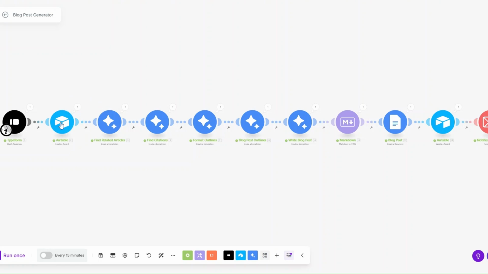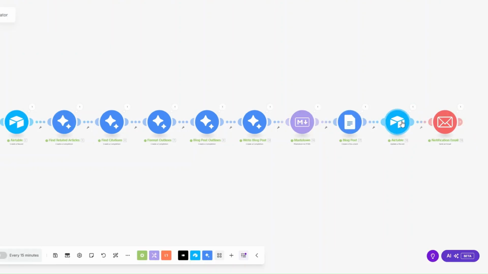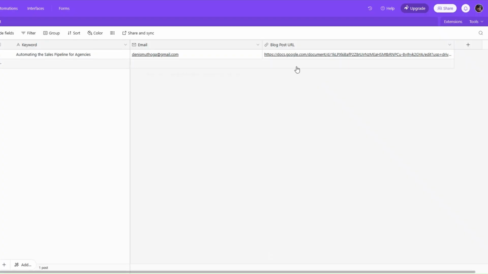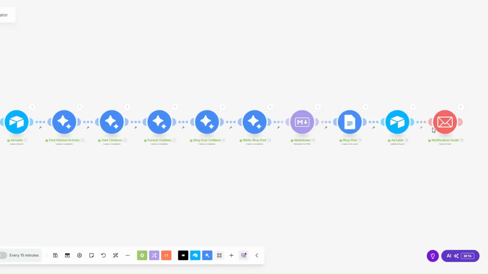After we've added our keyword and our email address on Airtable, we're going to find high ranking articles related to the keyword. We're also going to find citations related to the keyword, and then we're going to format an outline of our blog post, and then we're going to go ahead and generate our blog post in markdown format. So here we're going to convert it from markdown to HTML, and then add the blog post to a Google Docs file. Here we're going to update our Airtable with the link of the blog post, and then we're going to notify ourselves via email that a new blog post has been generated